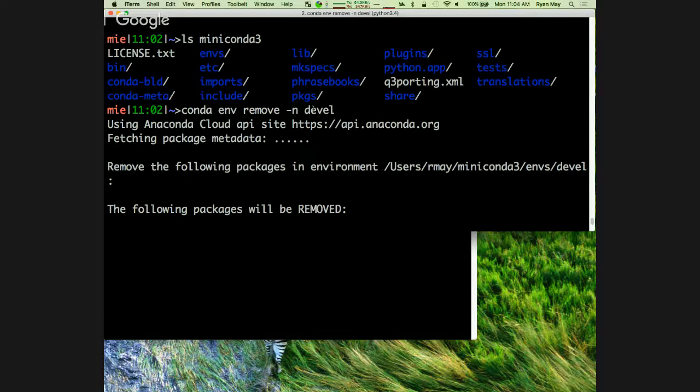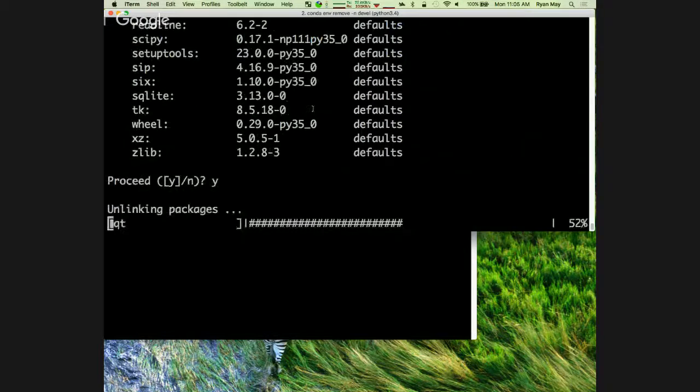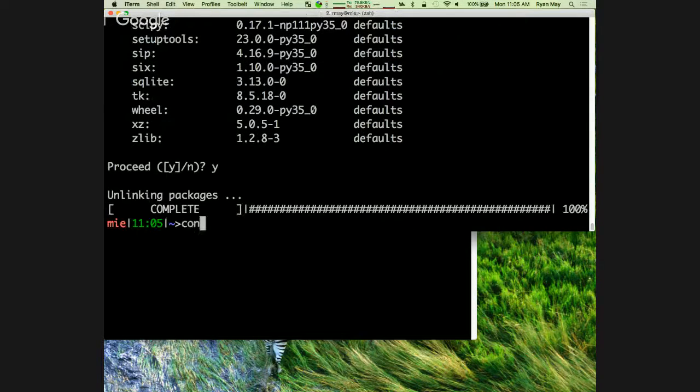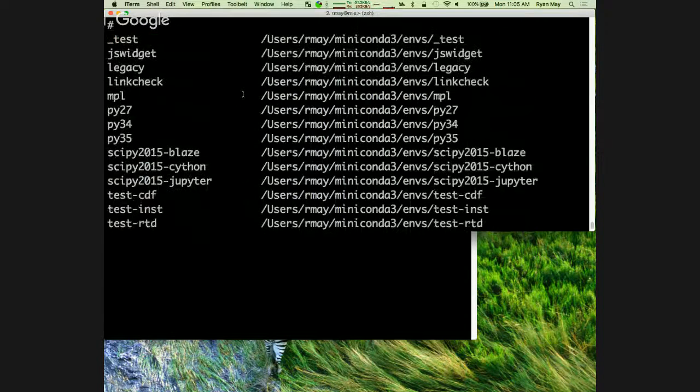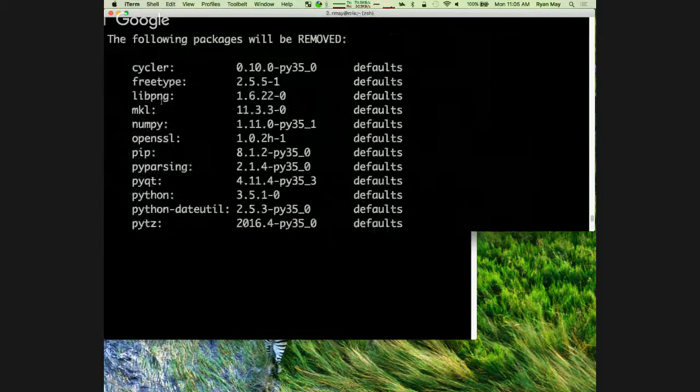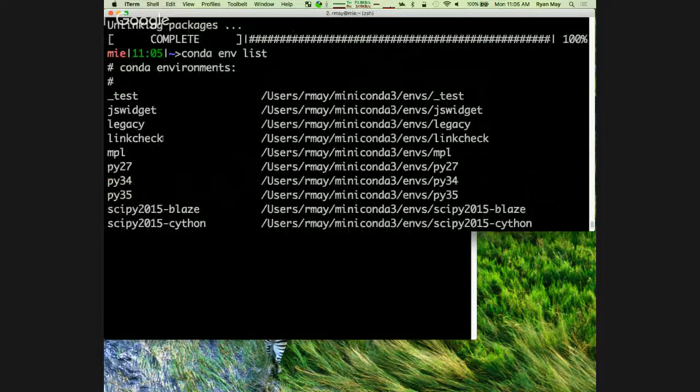And yes on the... Yeah, you say yes, and it unlinks the packages, and then conda env list, and you won't see your devel anymore. I still have a bazillion environments, but devel is not among them. So that was conda env list.